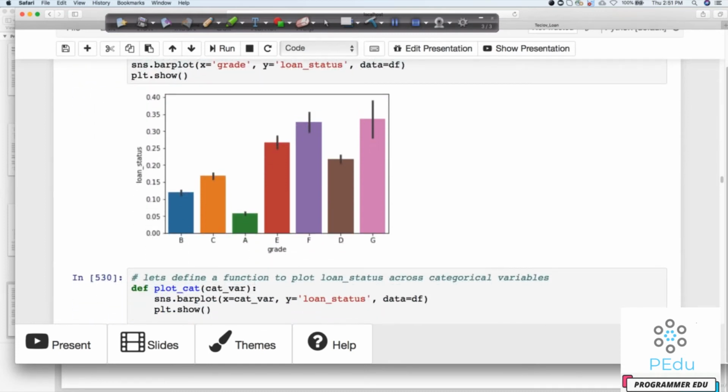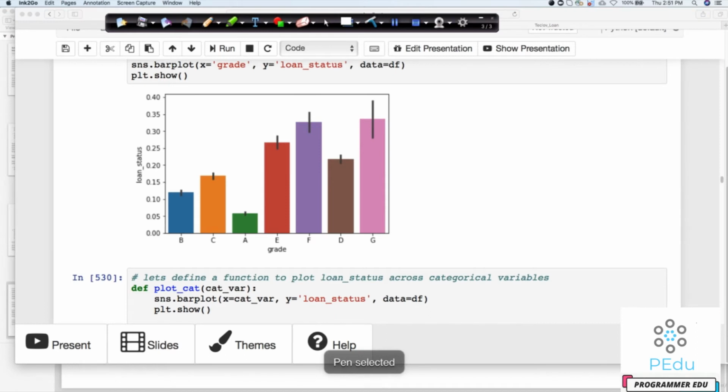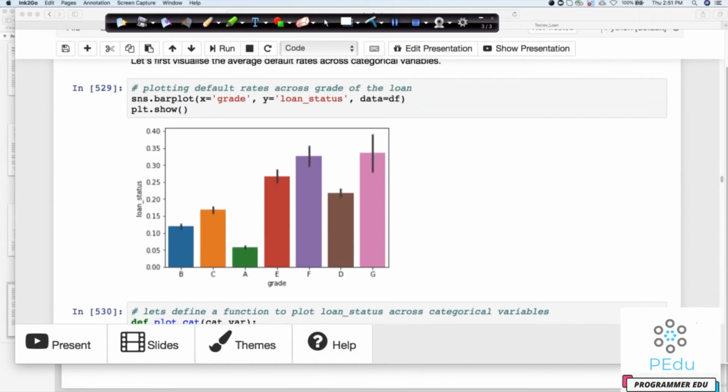You can see that it is telling me an interesting thing, which is what is expected. You can notice that people in grade A default the minimum. And as and when the grade goes up, the default is also increasing, right? You can see that the default is continuously increasing as my grade goes up, and that is expected, right? Because as I said, grade is one column which is determined from your previous records. So this is something which is expected. Now we're going to do this kind of analysis on multiple columns.